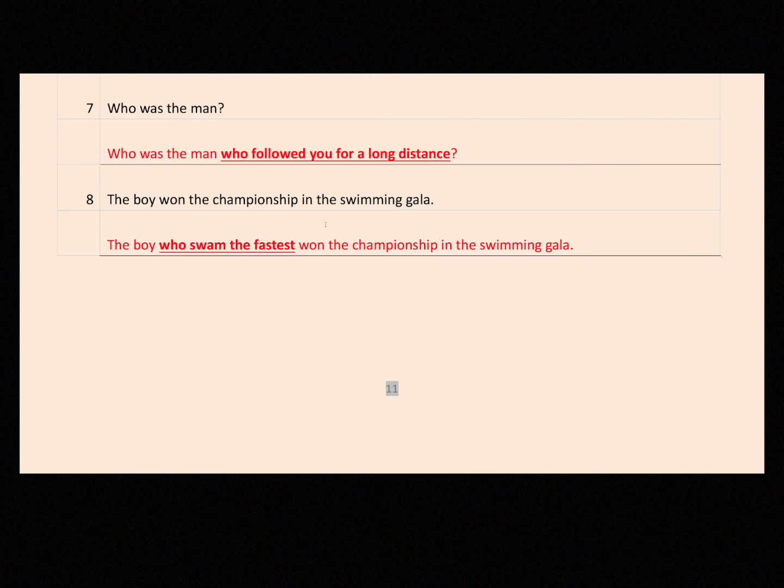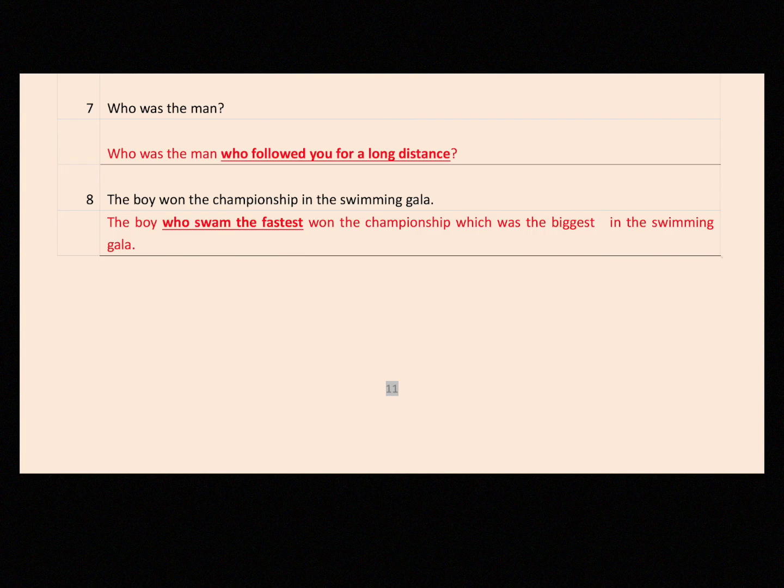Say for example, after the boy, I can say won the championship, which is, oh sorry, it should be which was because it's in past tense, the biggest prize. Okay, we use the biggest prize to talk about the championship because he's getting first place, so of course it is the biggest prize. So the boy who swam the fastest won the championship, which was the biggest prize in